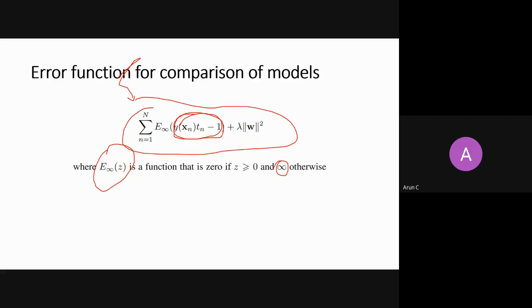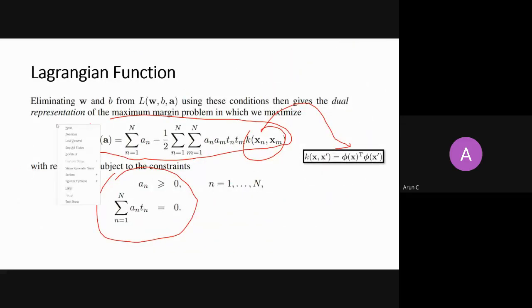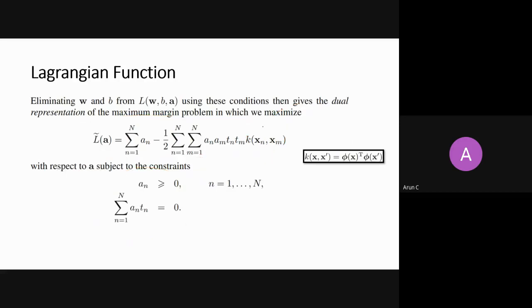Kernel trick. Very good, Bhavan. The kernel trick will project your points into some high dimensional space, and there you may find a linearly separable hyperplane. If you ask me where is that kernel, just to be very precise, this is my cost function. If I am not projecting into a higher dimensional space, this is what I need to do. I have already projected into high dimensional space using my basis function.